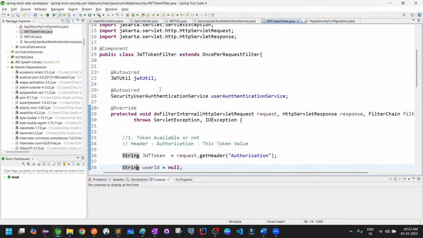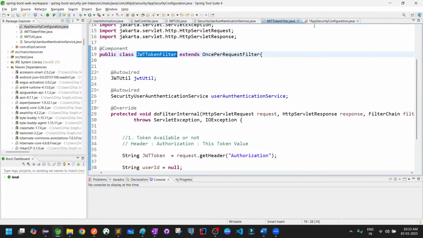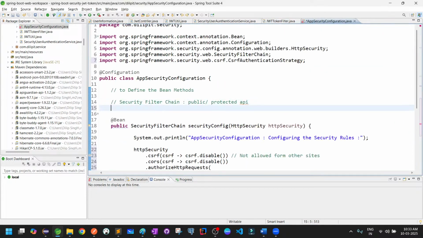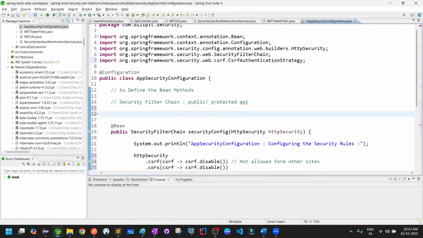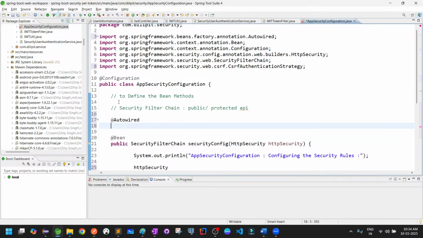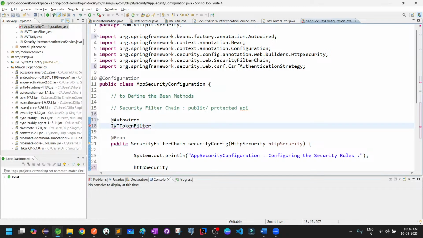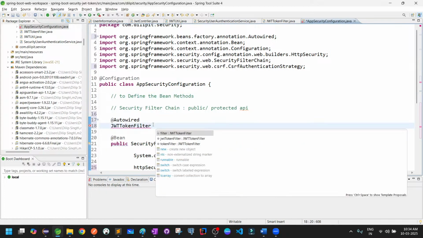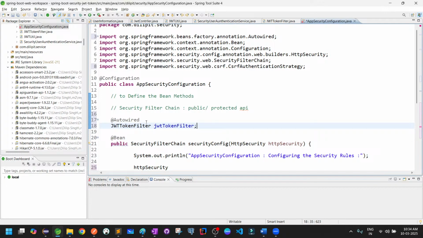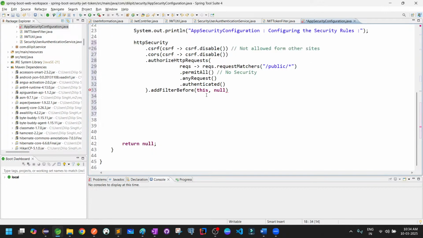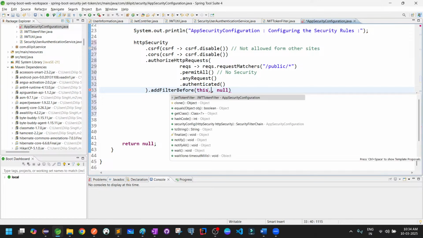That is what we have to chain here. So that means we are making a link to this class. So this is a configuration, right? So let's do autowire. Yeah, so what I'm doing is this dot JWT filter,